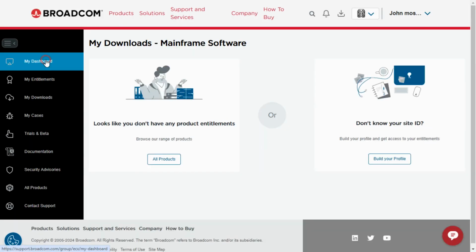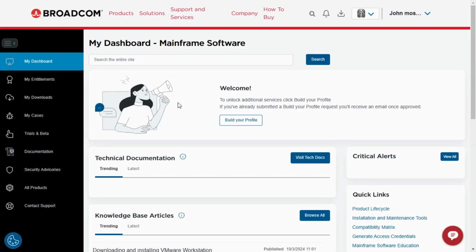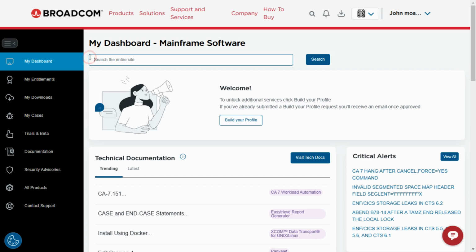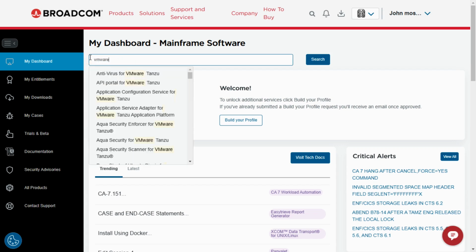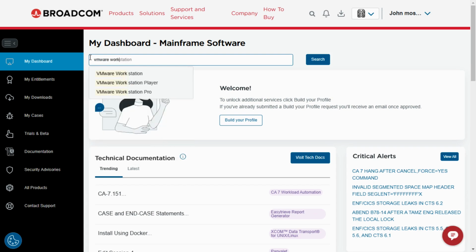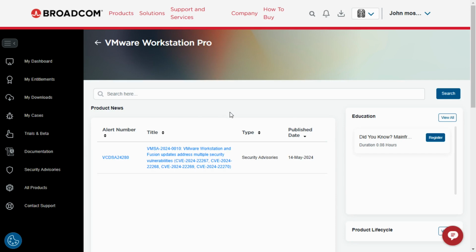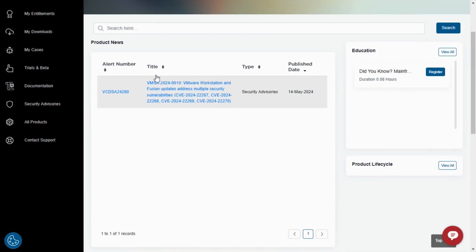When the next page opens, you need to log in if you haven't logged in. Then here you need to search for the version you want to download. I'm looking for VMware Workstation Pro, so I'm going to search for that. You can see this is Workstation Pro, and this is my search results. So I'm going to click on that,